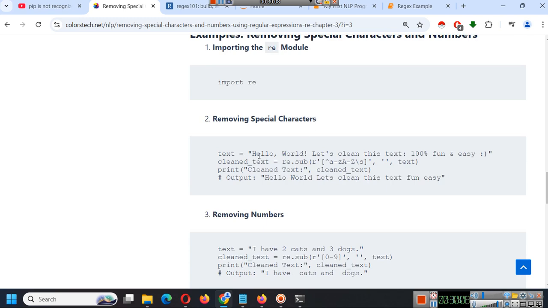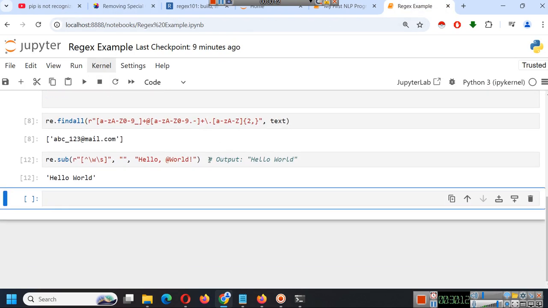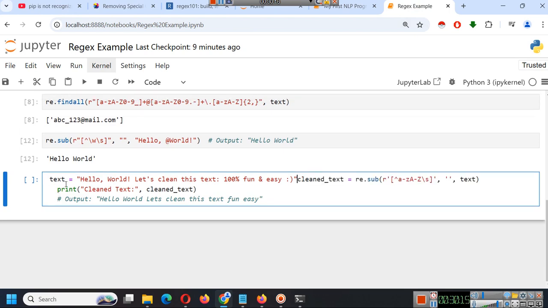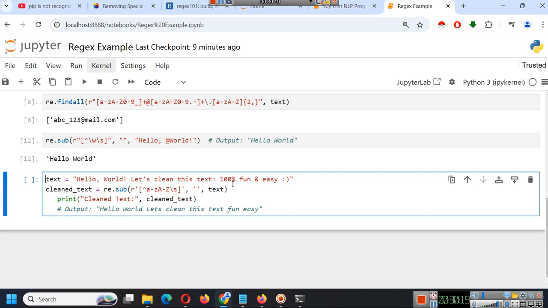Let's say we are doing another example. So now, since you have understood the basic concept, let's say our text is hello world. Let's clean this text: 100% fun and easy. So here you can see we have comma, exclamation mark, apostrophe, and we have percentage sign, we have colon, we have extra colon, extra space. So what we are doing is we are substituting that we just learned. We are selecting a to z, A to Z, and space. What we are doing is, and since we are using this caret sign,